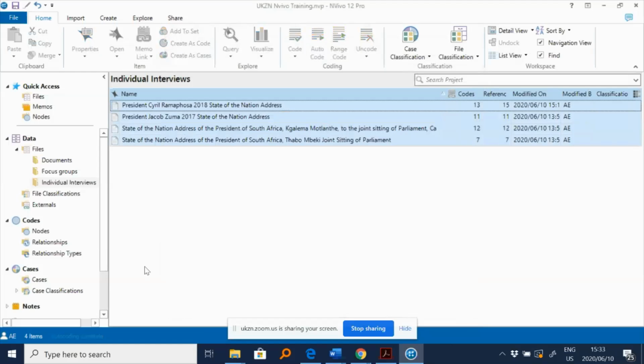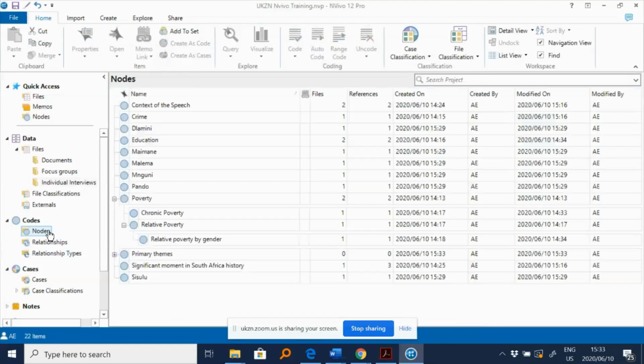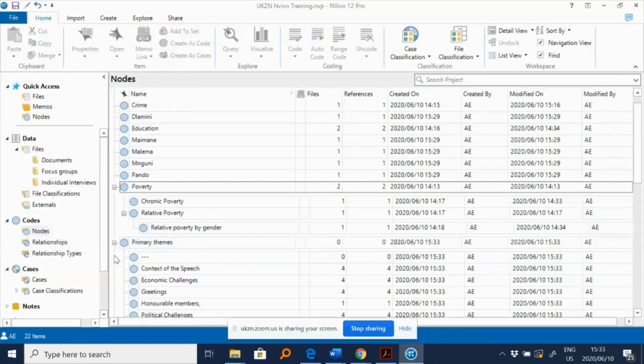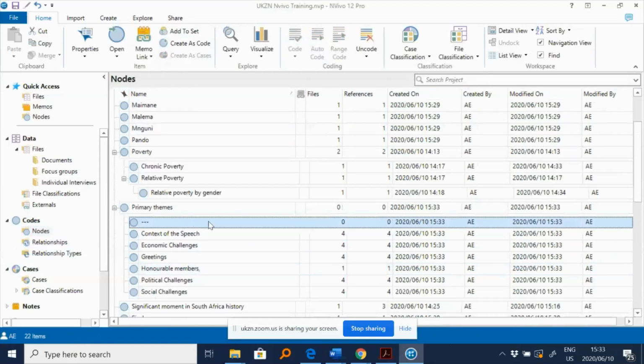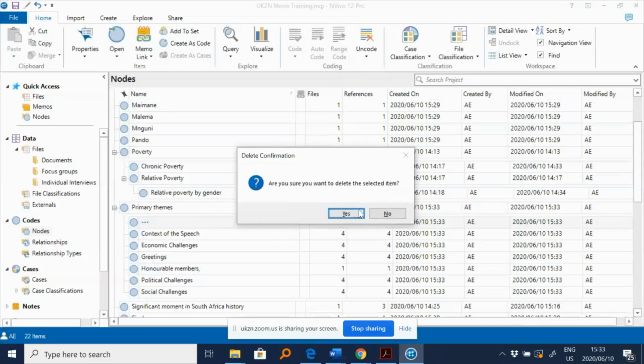And you remember our nodes are stored in the node tab. You click on that, you look for your primary theme, and here are our primary themes. And remember I told you wherever you see a plus, it means you have children nodes, or subsidiary nodes. You click that, it opens the subsidiary nodes. I'm not sure why this is here. I think it must have